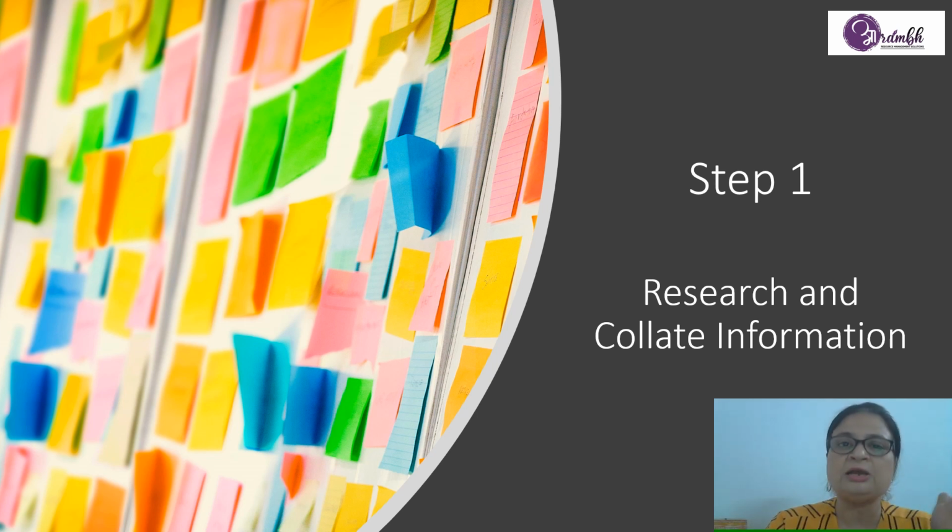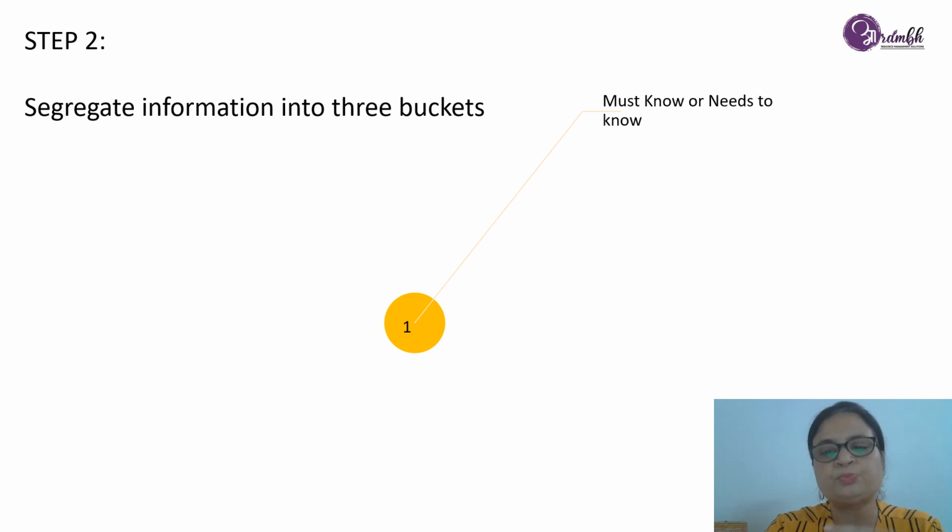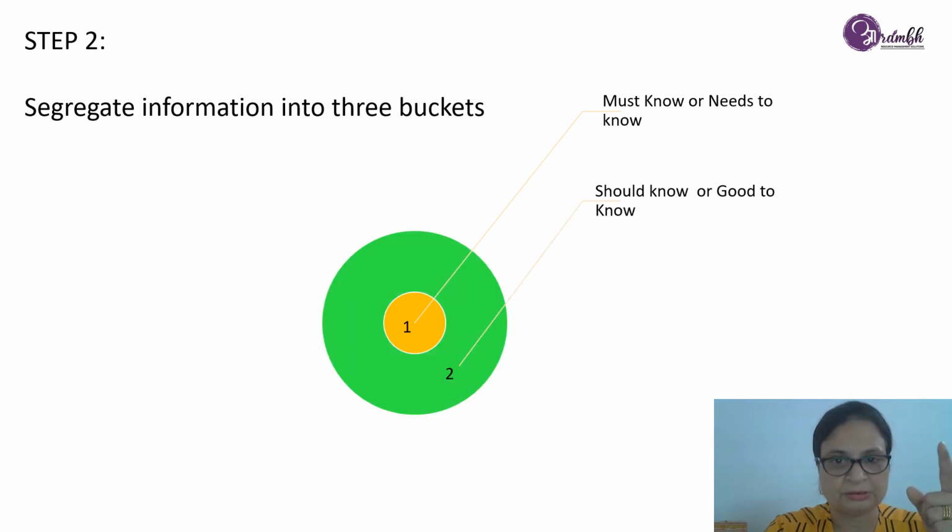Now that you have this heap of information, what you need to do is segregate it into three buckets. And these buckets, if you understand and have clarity, let me tell you, half the battle is won. So what is the first bucket? The first bucket is putting your content in a category which says my audience needs to know this. It is a must for them to know this. Only then my key objective and the needs of the audience will be met. Then only my purpose of giving this presentation would be met. So that is the must know or need to know of your presentation.